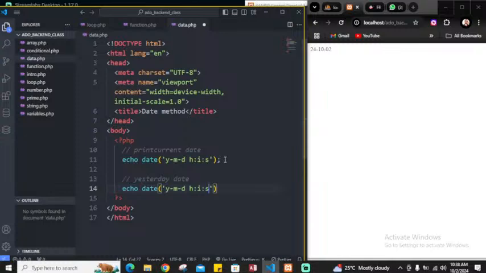So if you want to calculate a previous date, 60 seconds make 1 minute, 60 minutes make 1 hour, 24 hours make 1 day. You have to do your conversion. That H is hour, I is minute, and S is seconds. So I can have something like